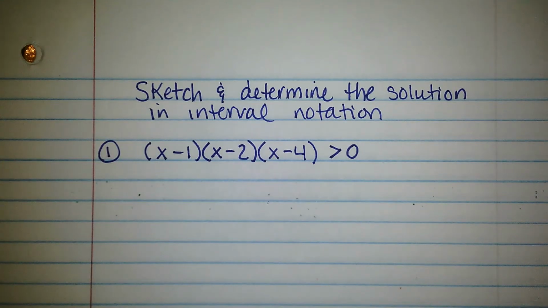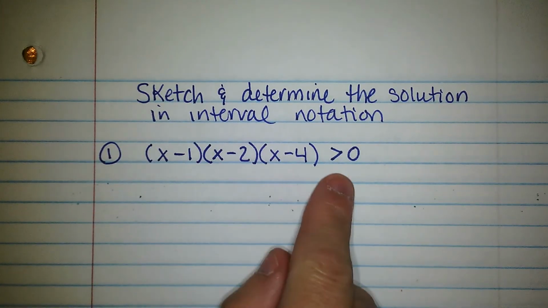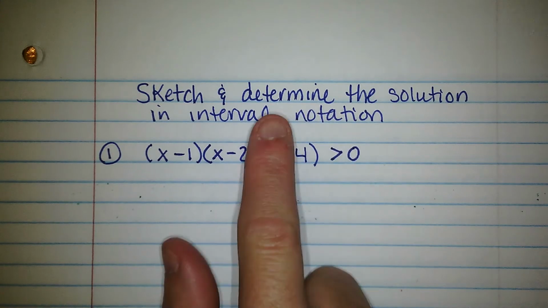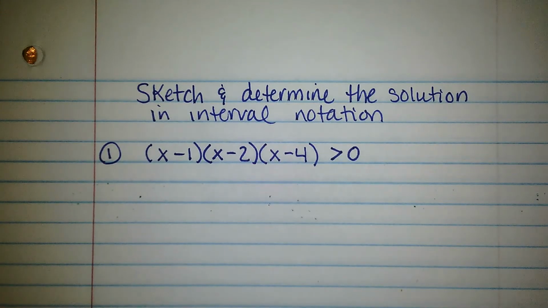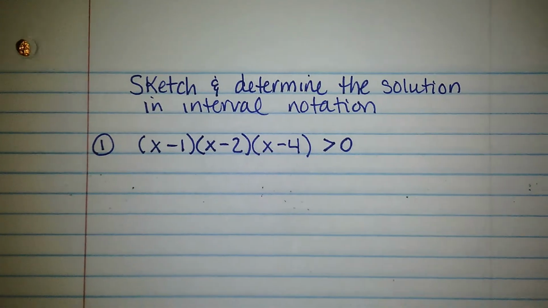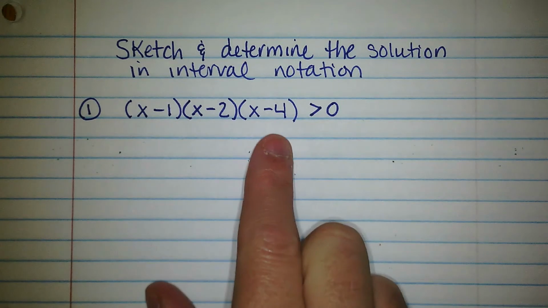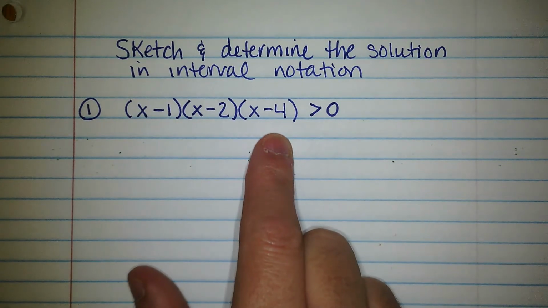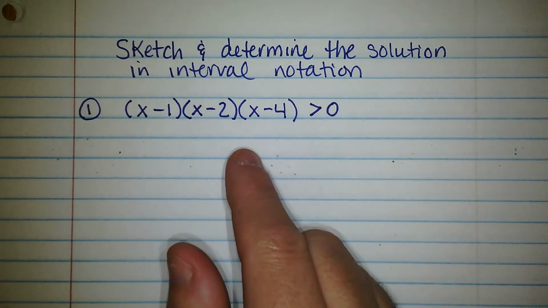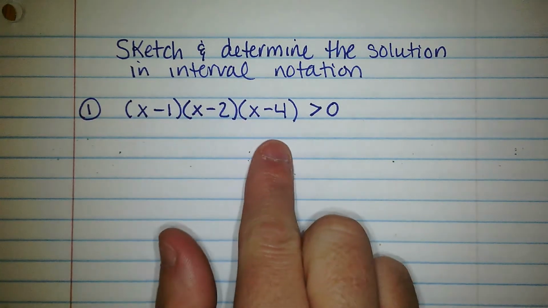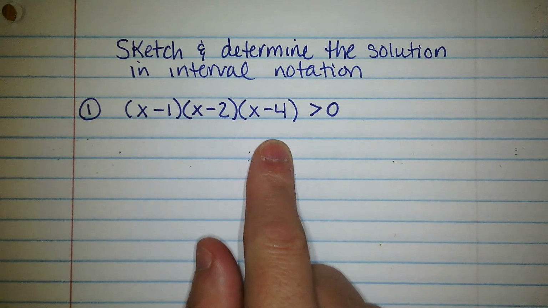Okay, so we are transitioning to, all right, so we don't have a sketch now, and we're going to use this inequality to sketch it and then determine what the interval is where the solution takes place. What they did for us was they factored it all for us already. So toward the end of the lesson, you're going to be factoring and doing everything from here. But right now, I just want to make sure that you can get the sketch part and the interval notation